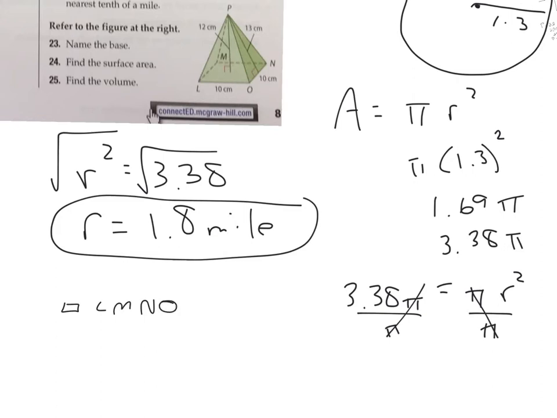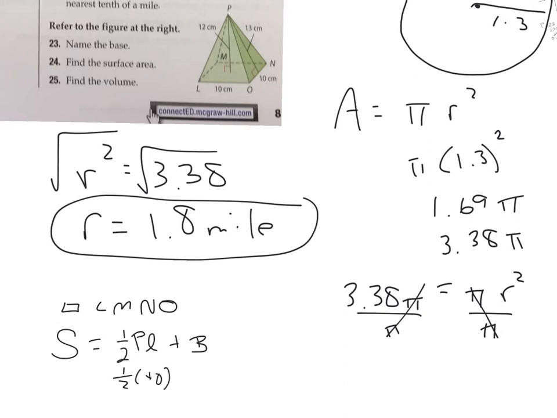Find the surface area. To find the surface area, you use the formula 1/2 perimeter of the base times slant height plus the area of the base. Okay? So we know the perimeter of the base, since actually the base is a square, so it's 10 by 10, right? So we got 10, 10, 10, 10. So the perimeter would be 40. So we got 1/2 times 40